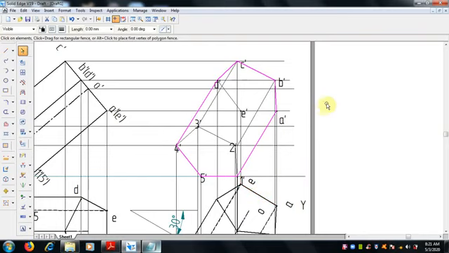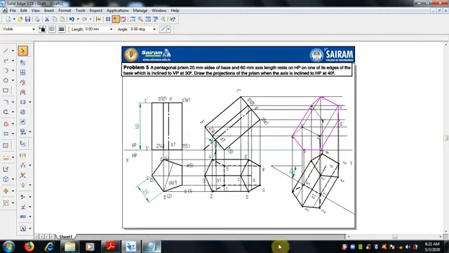Now from here, if you see, this is the top view, this is the front view. So when we are seeing from here, we come to know that this base is visible, and this is hidden, that is behind this, which is near to the reference line, that face is not visible. That only a clue we can get.